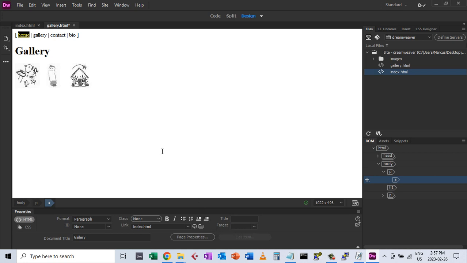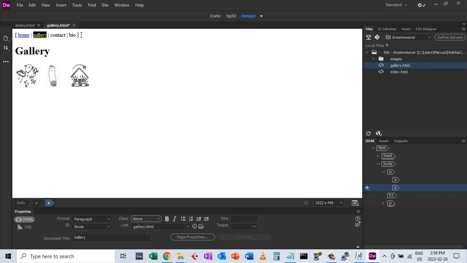I'm navigating the actual site. I don't want all of the pages in my site open in my browser at once. I want them to be replaced by the one I click on. I'll do the same thing with gallery, and there we go. Now I'm going to do what I mentioned, I'm going to create a library item